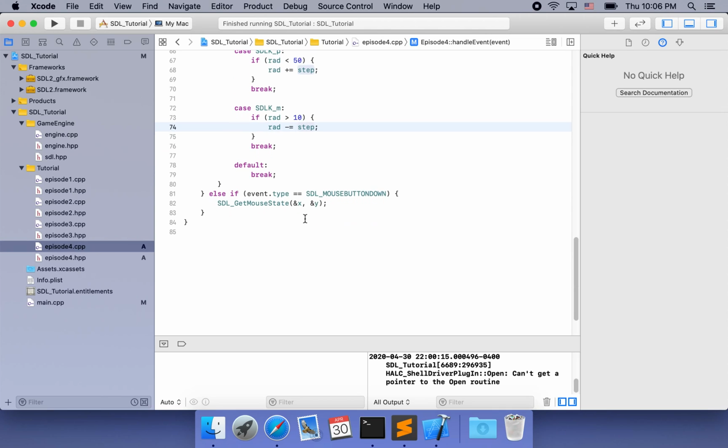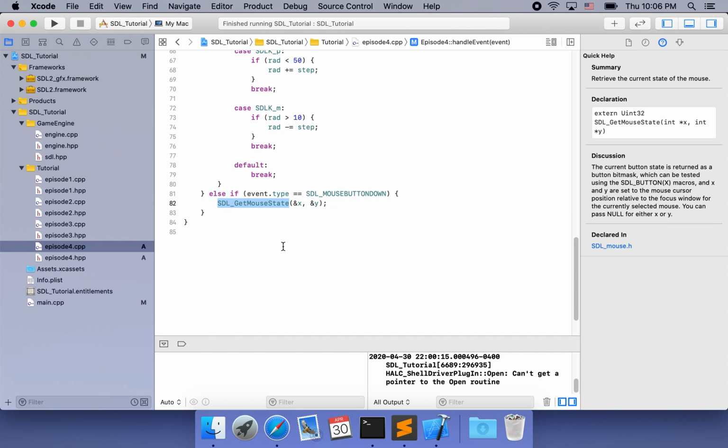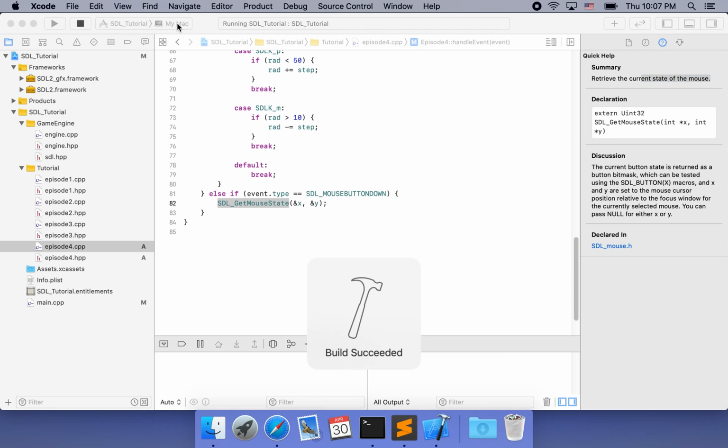And for the mouse click, we just get the position of the mouse click. We do so by using the SDL get mouse state. That will give us the current state of the mouse and actually the current position of the mouse. And remember, x y represent the center of the dot. So let's go back to the window and see the